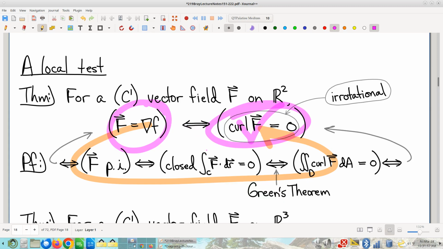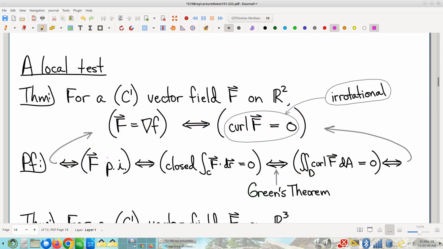And likewise, you can take this argument and turn it around backwards. It works just as well backwards, and it tells me that that implies that, which is how we use it as a test. Okay. Now, to be clear, what this tells us is that all three of these conditions are equivalent. If you have a vector field for which curl is zero, it's a gradient and therefore also path independent.